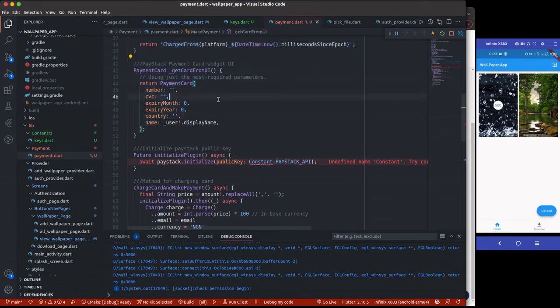So this one has to get the card UI, the Paystack payments card UI widget. Then we have the number, CVV, expiry month, expiry year. Most persons actually asked me before now to make a video whereby you can make purchases twice, but I wanted to do that and encountered some error. But I'm going to look at that, maybe in my next videos I'm going to see how to implement that,